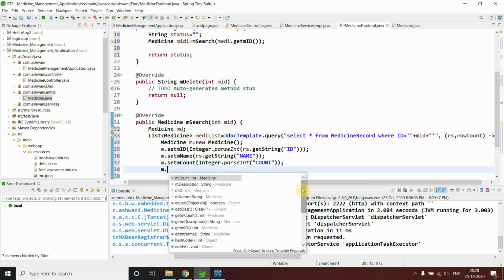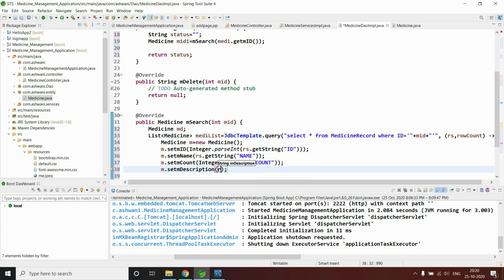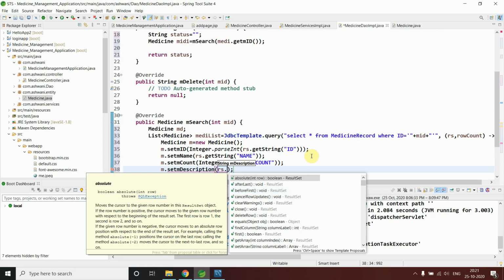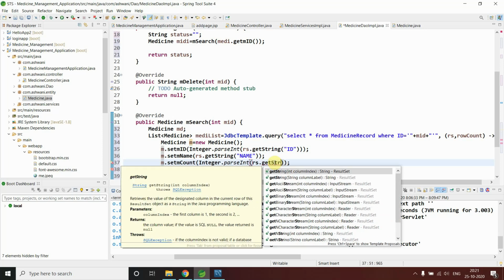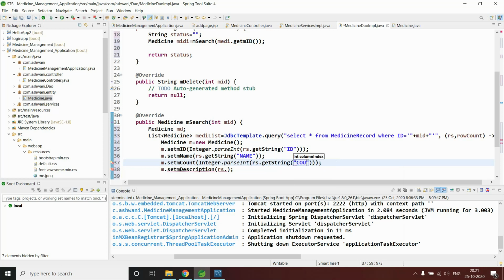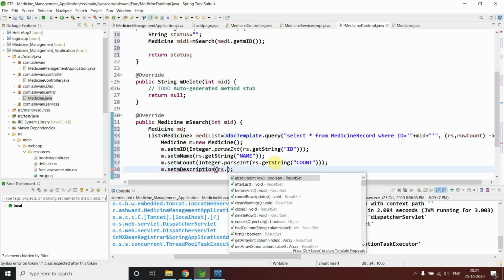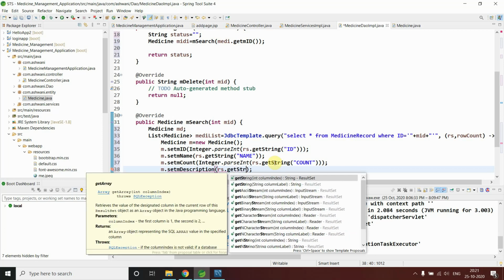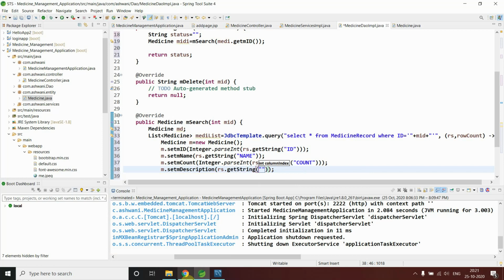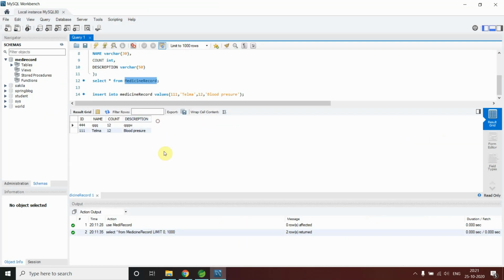For last I have to say m dot set description. Description also I can say rs dot, wait, parseInt I have to do here, but I am not using anything, this is wrong. rs dot get string, and I say description. I'm making a mistake here, so I can directly go and copy the field name.